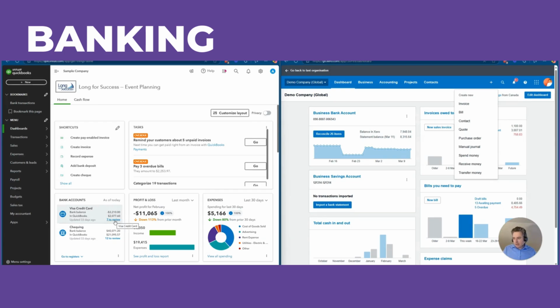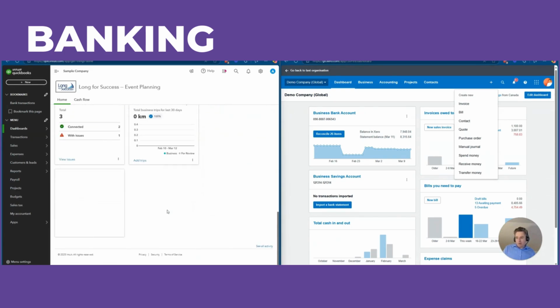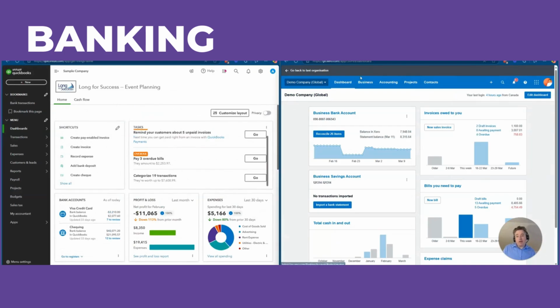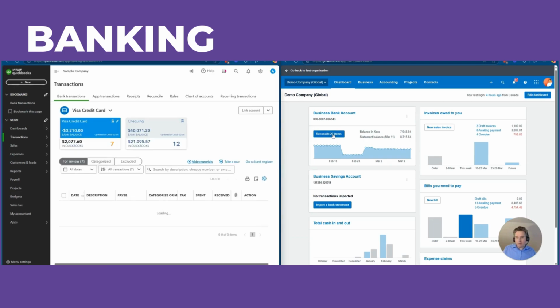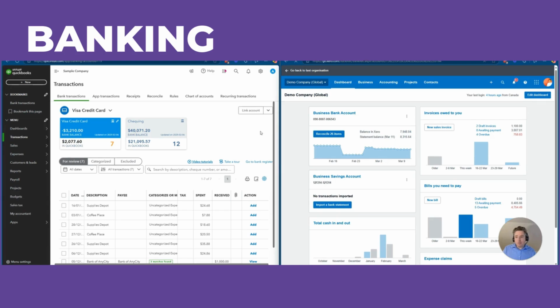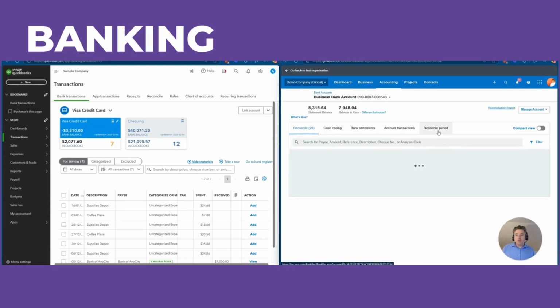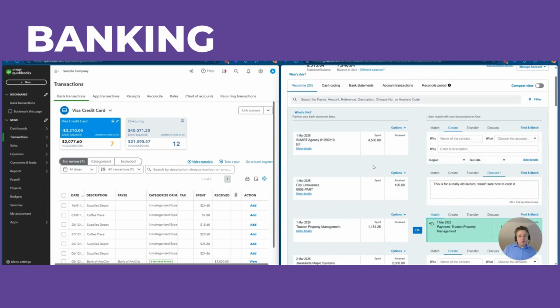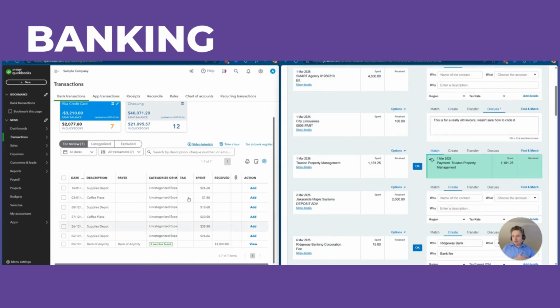If we look at this, you can say, okay, well, I can customize this, but maybe I find this interface a little cleaner still. If we go to this bank reconciliation feature, it's set up a little bit differently here. So Xero, the way they do it is this side here is the bank statements. So that's what actually appears on your bank statements. And with both software, you connect your bank account and at the end of every day, it will download the transactions for the day and then you'll be able to see that. So this is the bank statements on QuickBooks Online. You just don't have this other